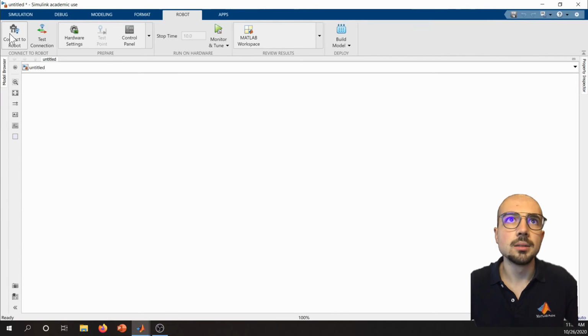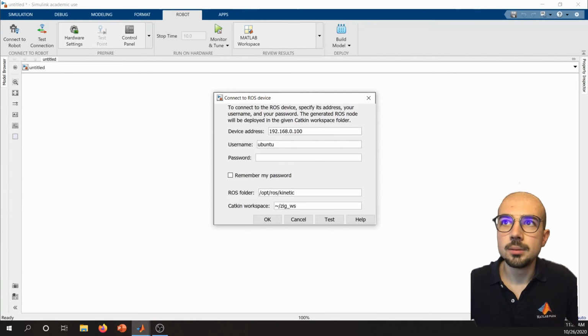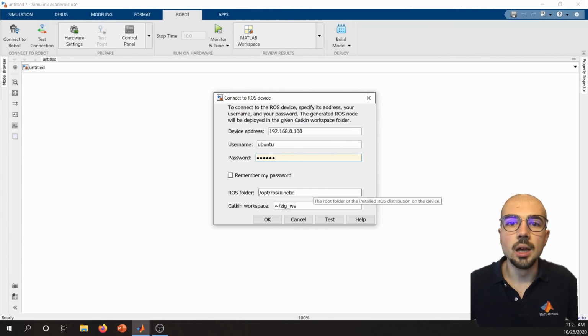Then we must click Connect to Robot, and specify the IP of the robot, the username, the password, and the type of ROS installed, in this case the Kinetic version. You can find it on the ROS site, or you can discover more on the MathWorks site.